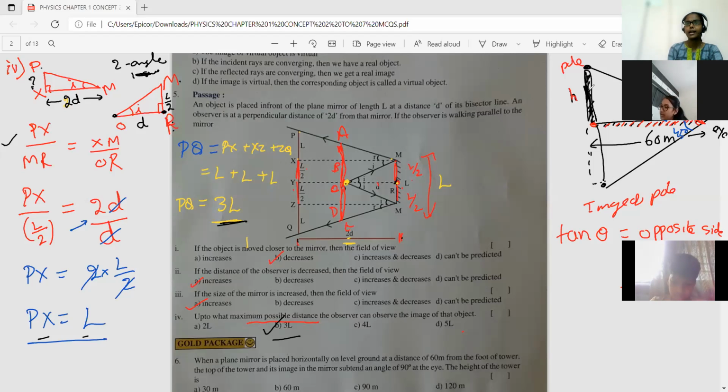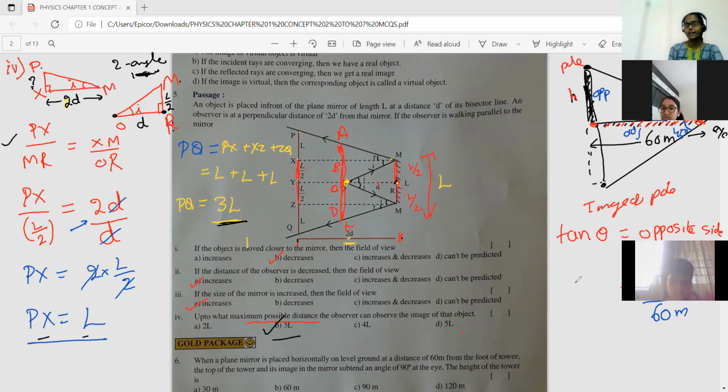So I want to find only the height, so I don't want the lower angle. Let us take the opposite side as h. See the figure carefully. This is the opposite side, right? Here is theta. This is the opposite side, and this is the adjacent side. The mirror surface is the adjacent side. Now the opposite side is h, and the adjacent side is nothing but the mirror distance. The mirror distance is already given in the problem, that is 60 meters. Hope it is clear, children.